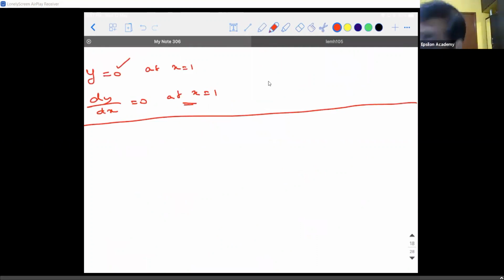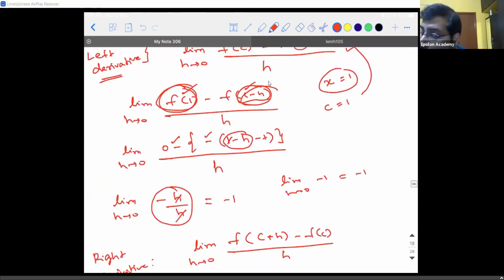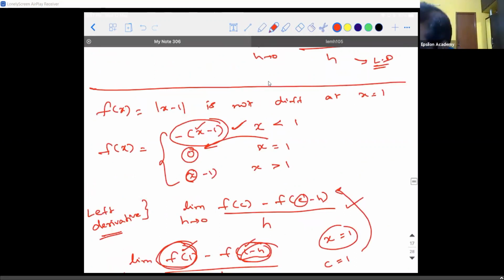Listen. See, the shortcut here is, in the case of limits for continuity, what did you do? You took the less than 1 and equal to symbol, you would have substituted directly and checked. For example, in this problem, if I directly ask you to check the continuity of the function in a shortcut way, what will you do? You will put x is equal to 1, you will get 0, 0, and 0. So it is a continuous function.